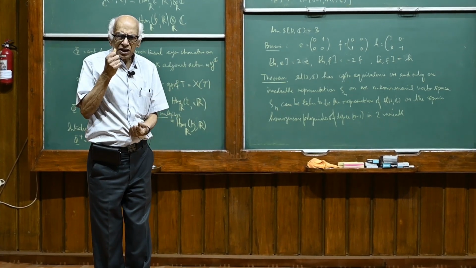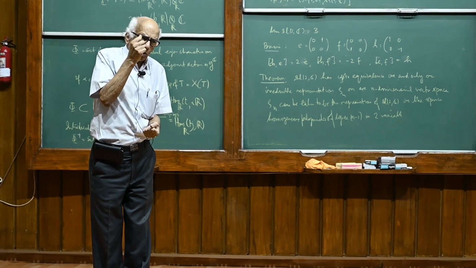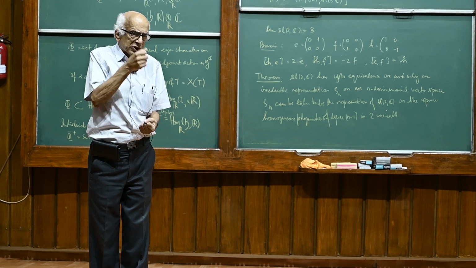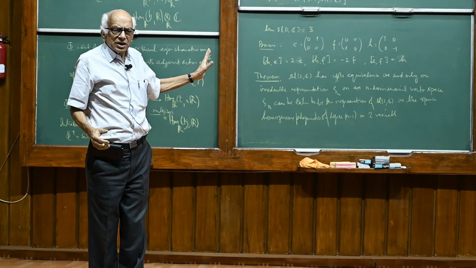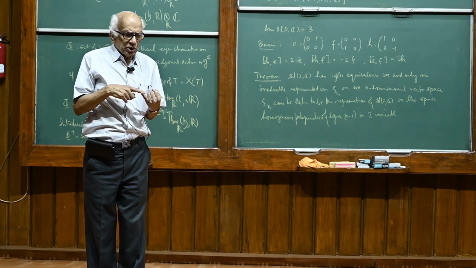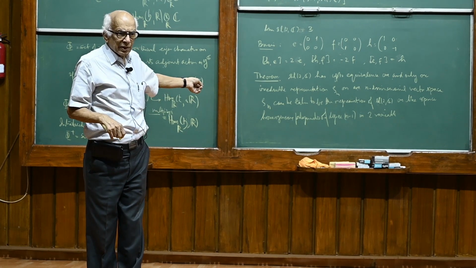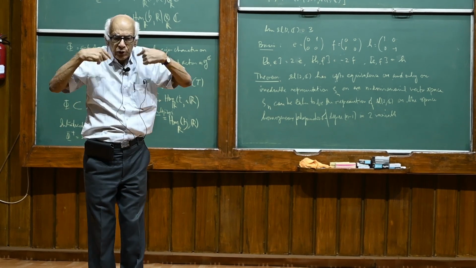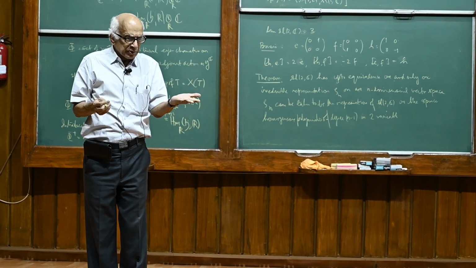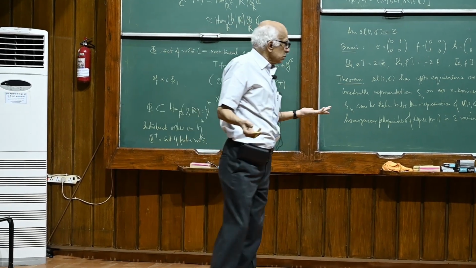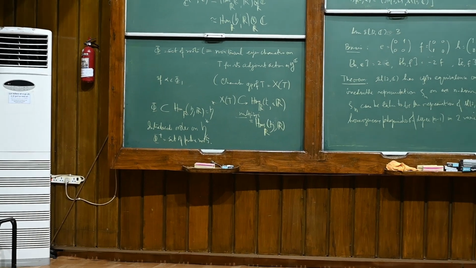Strictly speaking, the correct way to look at the homogeneous polynomials is the dual of the symmetric power, not the symmetric power itself. But this is not so important in this case, because what happens is this: we have a representation of SL2 on a two-dimensional vector space. This representation happens to be isomorphic to its dual. Whenever you have a representation on a vector space, you will have a representation on the dual. The dual representation is